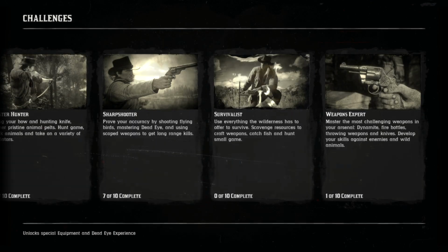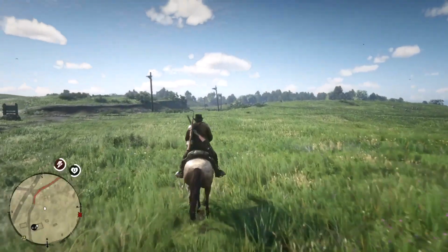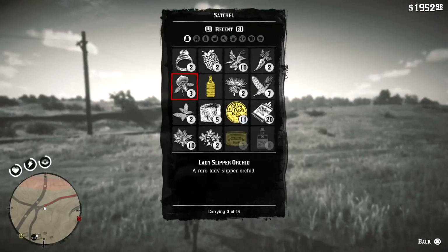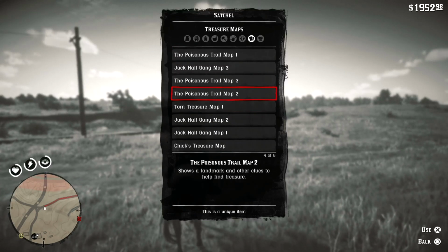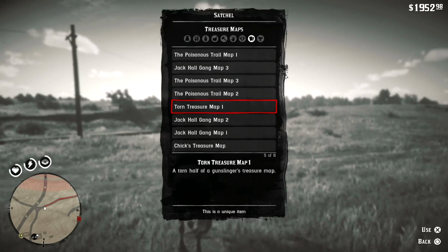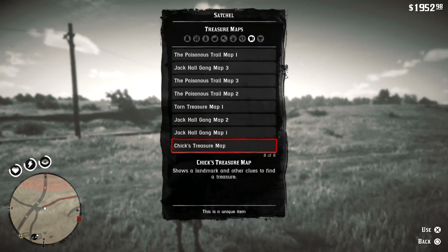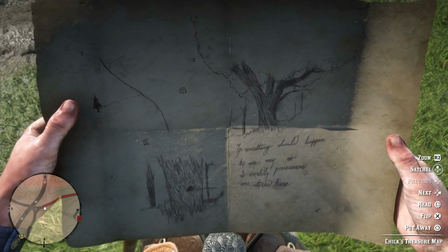But with that being said, I was looking for the areas in which to find, because I'm busy with this one. What was it again? Treasure maps. Because we did the Poisonous Trail. The Jack Hall gang map, we finished that one as well. The Chick's treasure map shows a landmark and other clues to find the treasure. I think we did this one as well, so...